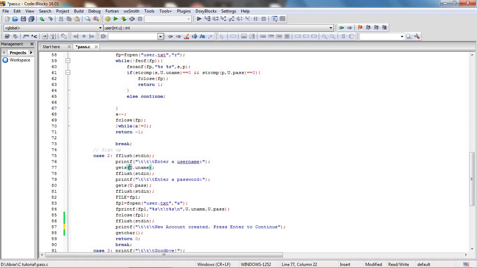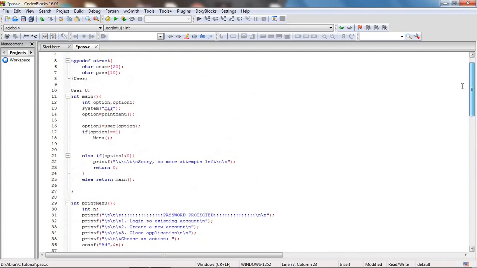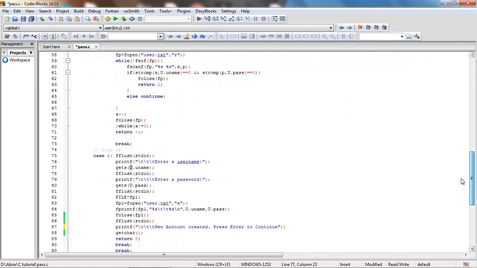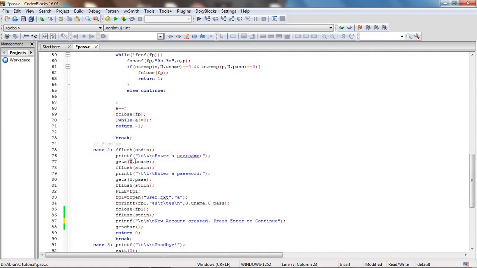That's when the variable u comes into work, because I have declared that globally, and now I can use it wherever I want. I assign the user input to u.uname, and then ask for a password and get that